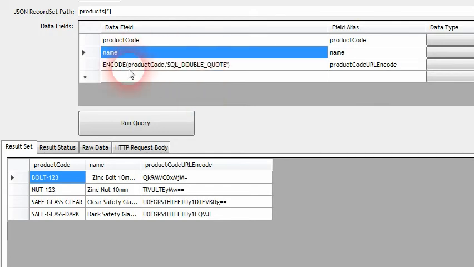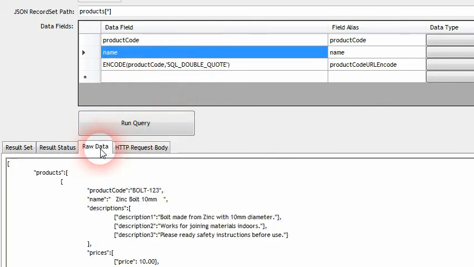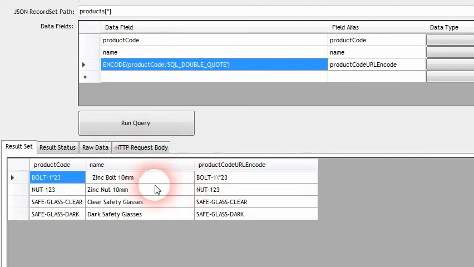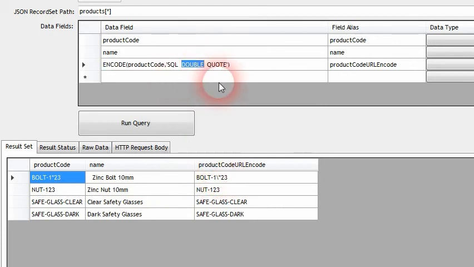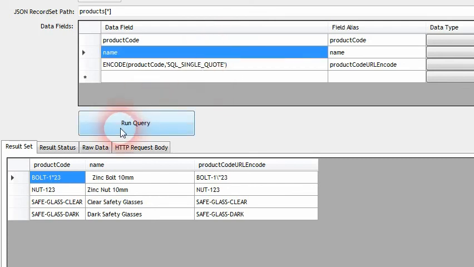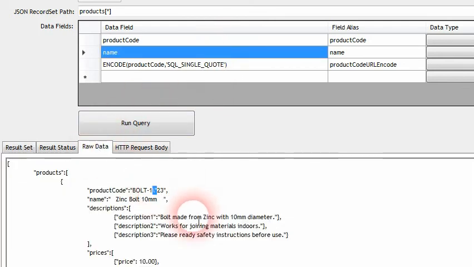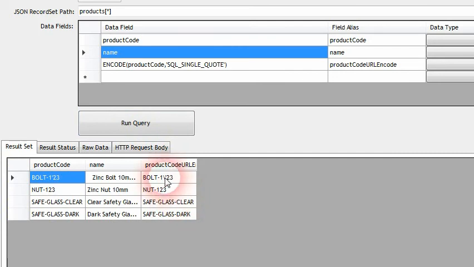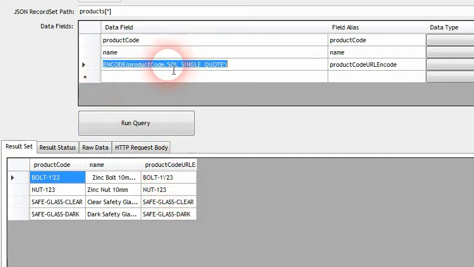The function accepts the SQL double quote. If we had a double quote within the name, what would happen? We can see that slash value, it would put a slash before the double quote character, and we can also use SQL single quote to do the same thing. If we had a single quote character within our JSON data, it would put a slash in front of the single quote characters. And the other one that is most relevant is if we can set the JSON encoding,